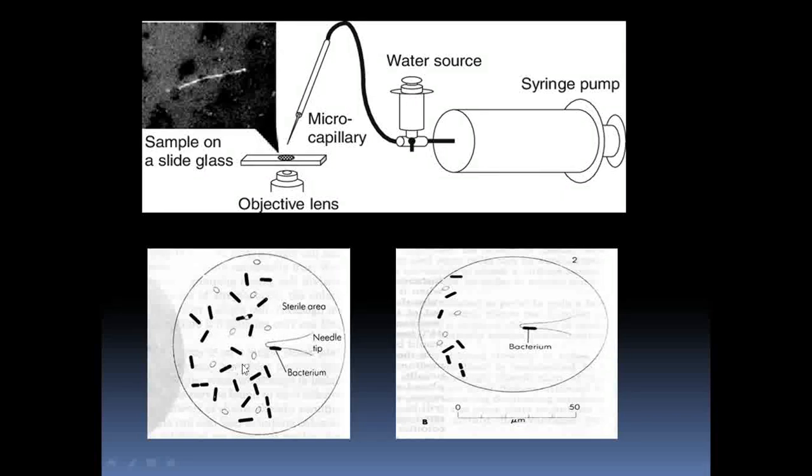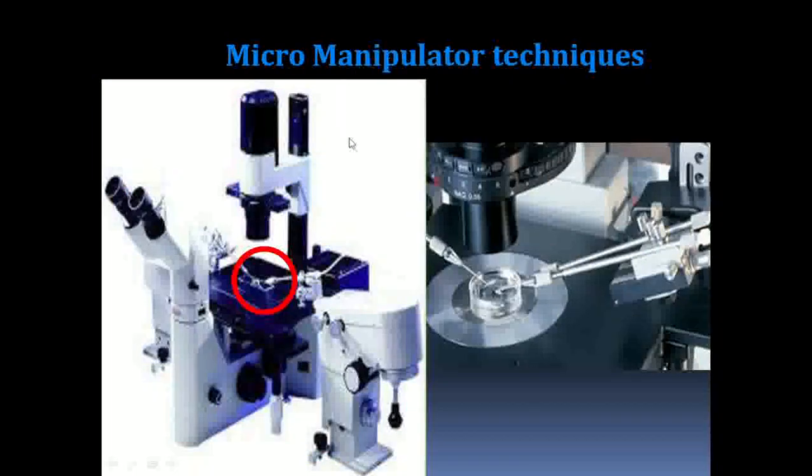Here we are observing the cells with the help of an objective lens of our microscope, right? So here the microscopic view is there, where I can very clearly see that a different cell population is there. I'll be trying to pick up only the one in which I am interested. So this black rod shape I have removed with the help of the needle that I have inserted here. Yes. And once I have removed it, I can use it for isolation purposes, for further colony growth. Yes. So this is the micromanipulator technique, which helps us again with isolation.